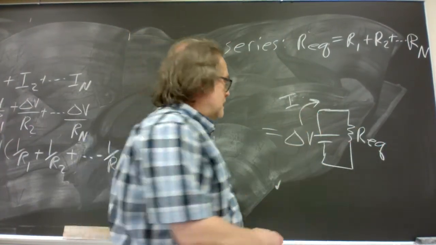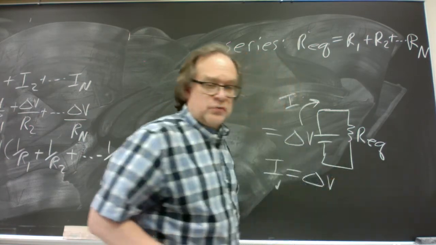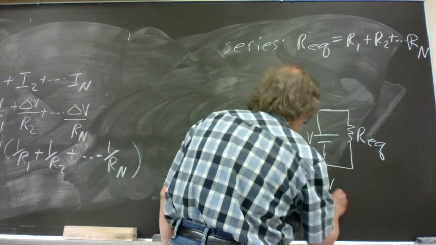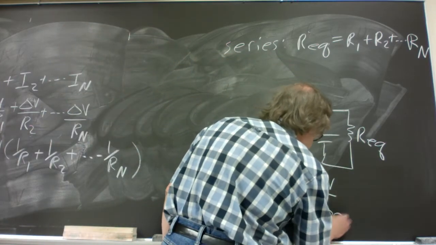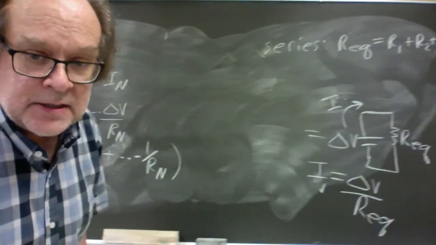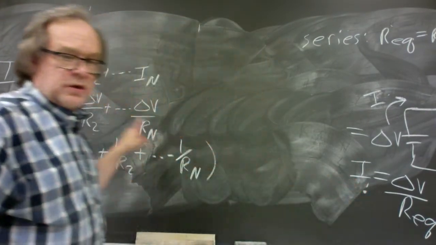In this case, current through the equivalent resistor is just the potential difference that does the pushing through that resistor divided by the equivalent resistance. And so if you compare that with this,